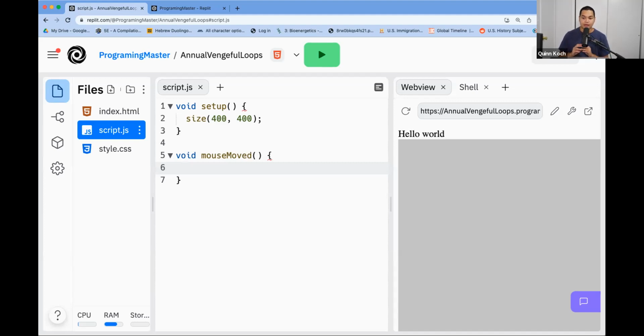You see, processing.js has a lot of different functions that it will call on its own when things happen. For example, setup is called right at the beginning, right? Setup is called to set up the canvas. Draw is called 30 times every second, no matter what. It's for animating, and you just keep calling a certain amount of code. MouseMoved will call whenever the mouse moves within the canvas. Pretty simple. So what we can do is inside the curly braces, we can type ellipse,